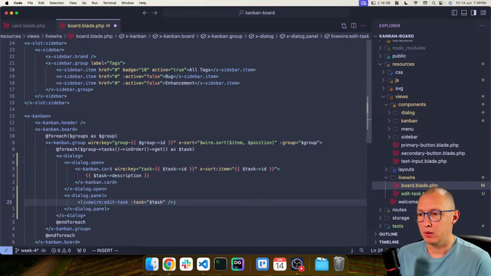And very important, because we're creating this Livewire component inside a loop, we need to give it a wire key. So let's use wire key, and let's call it edit task and then the task ID,